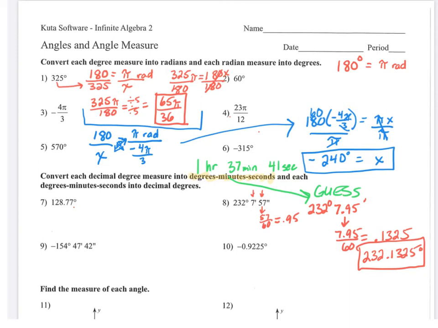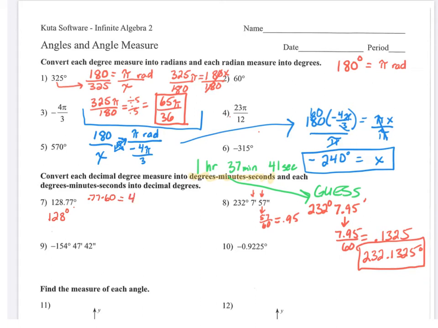So, I already have 128 degrees. So I'm going to take 0.77 times 60. And that's going to tell me how many minutes. 0.77 times 60,